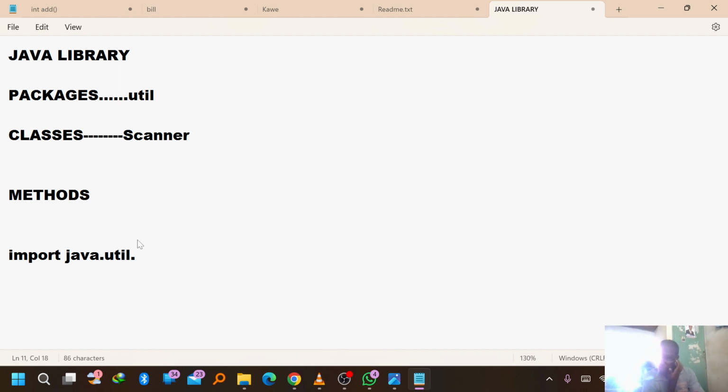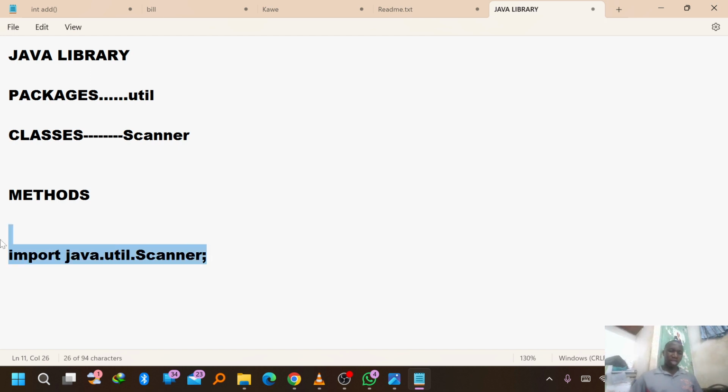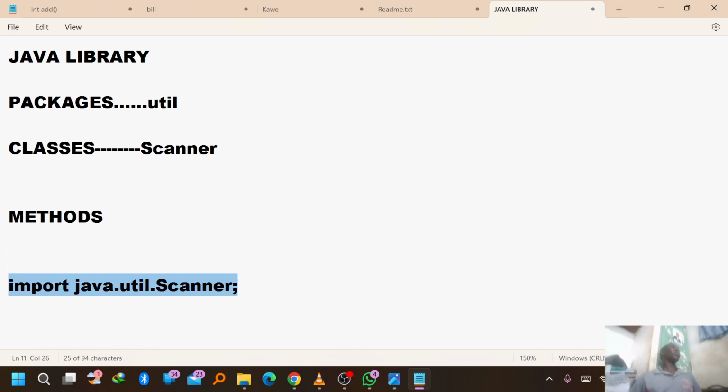Now you specify which class you want to import, because one package can have many classes. If a package has many classes, you have a choice to import all the classes or import the specific class you want to work with. For this case, if you want to import the Scanner class, you say java.util.Scanner, then you terminate, because this is just a statement. This statement, the one I've highlighted, is what allows us to import a class, which is the Scanner class. And if you don't want to import the Scanner class itself, or you want to import everything under that package,